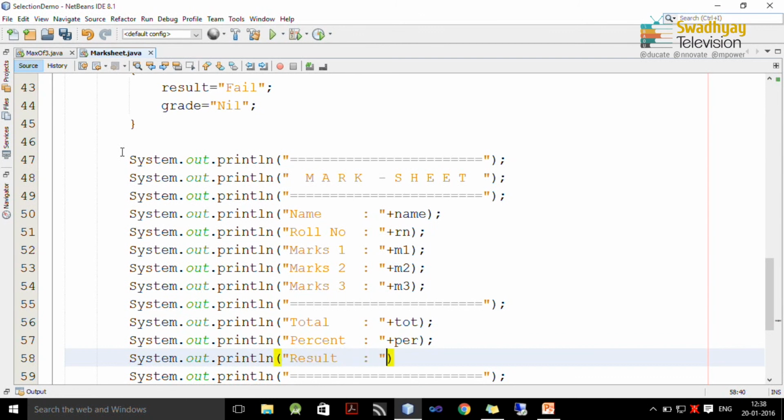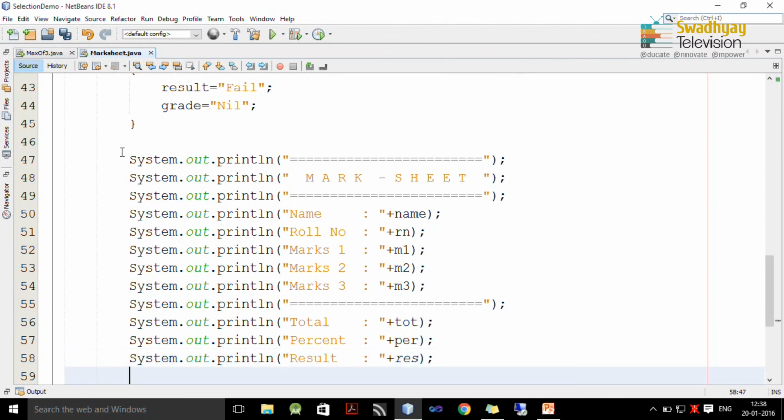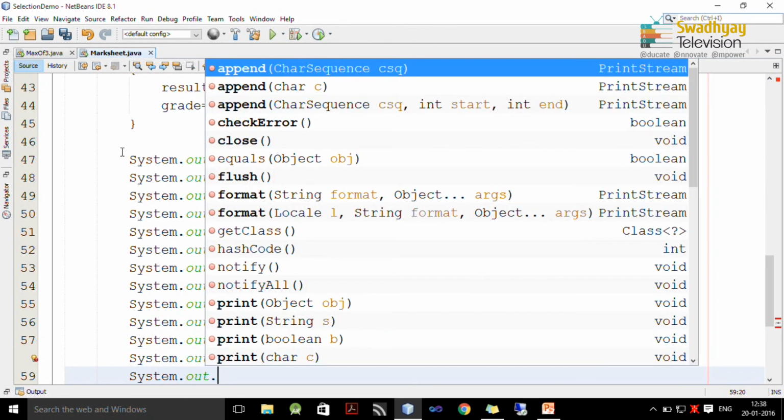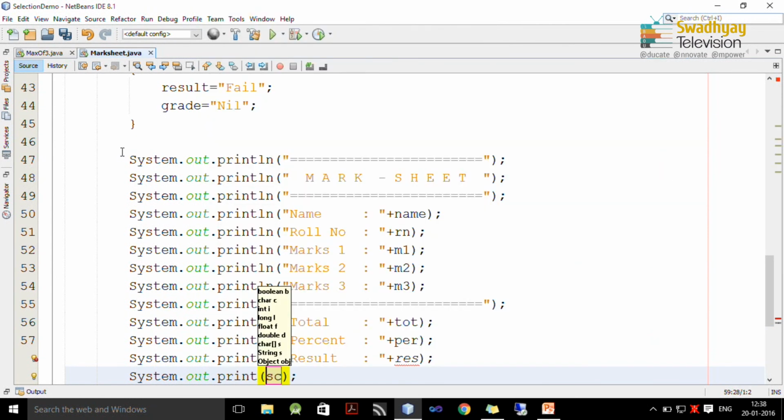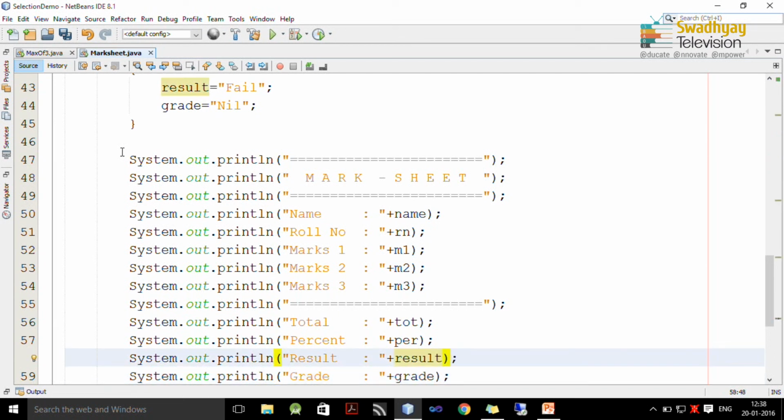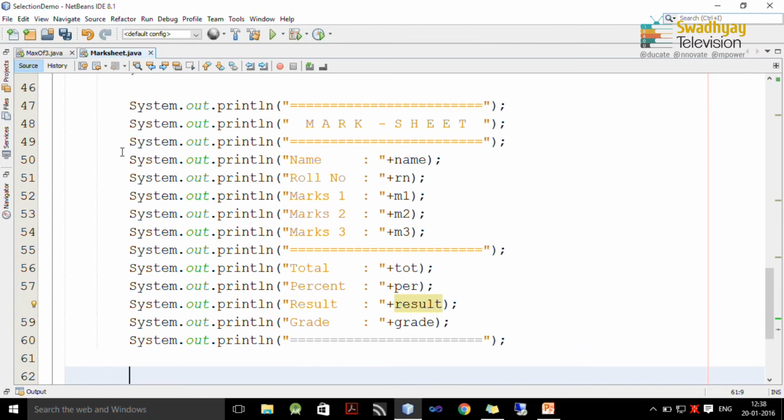Result is RES and grade is stored in grade. Here we have to write down result instead of RES.